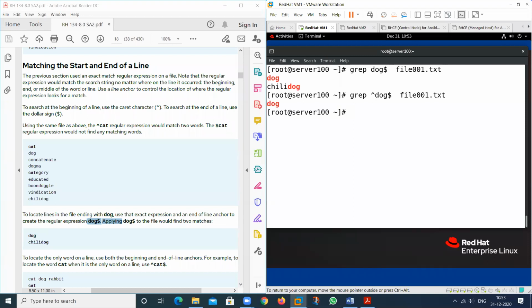Then the result will print. So in most cases, the result will be the same. In the case of cat, the result is the same. But in the case of dog, the result will not be the same, because this is only for the end. I want to print this one value, not this value.